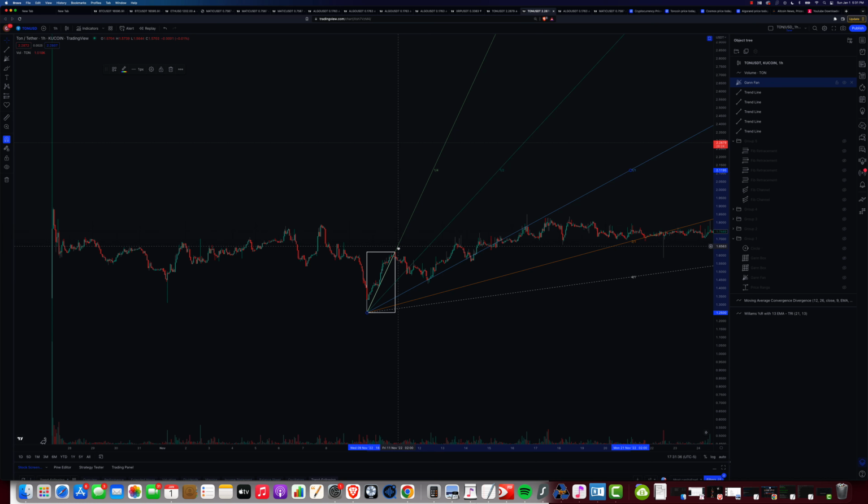Now the manual way I did it when I first started doing this was I used to make the same box, make a duplicate of it, and do that 3 more times over, and then draw a horizontal line going through the 25, the 50, and the 75%. But since we're in Tradingview, all you gotta do is use the Gann box tool, which is over here. Click it,